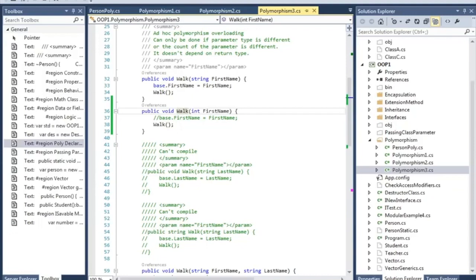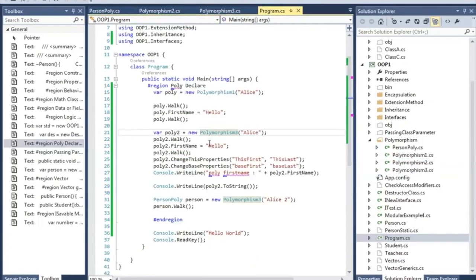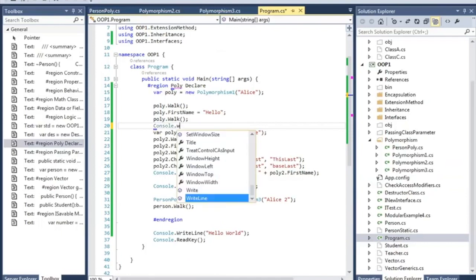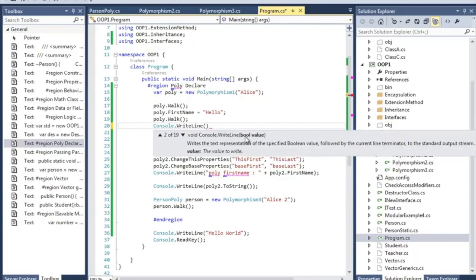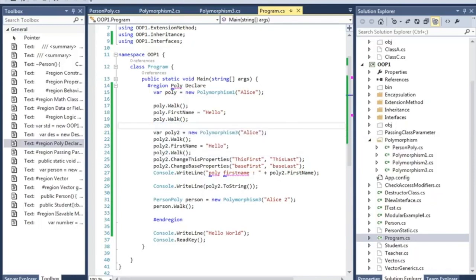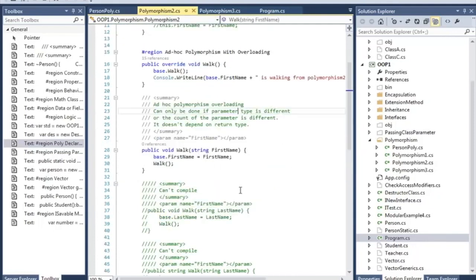If you have a same-name method, you're mostly overloading it. And a great example of overloading is the Console.WriteLine method. If you go to Console.WriteLine, you will see that there are 19 overloads. The overloads are shown like this. So it takes a parameter with boolean, it takes a parameter with character, something like that. This functionality is given to make programming much more flexible.